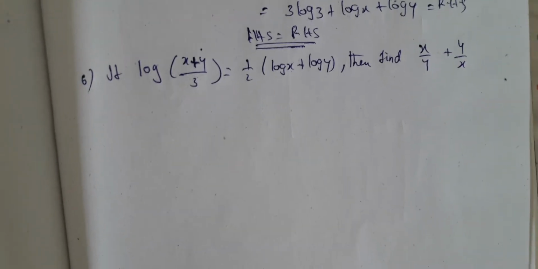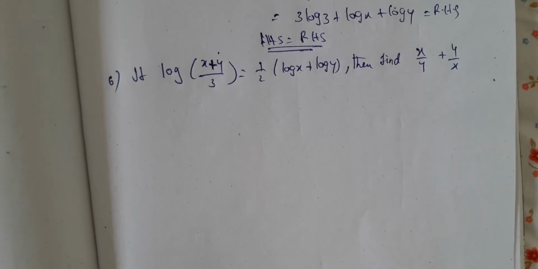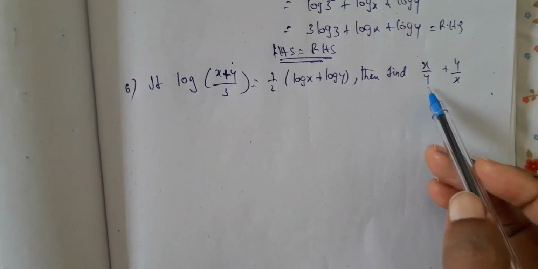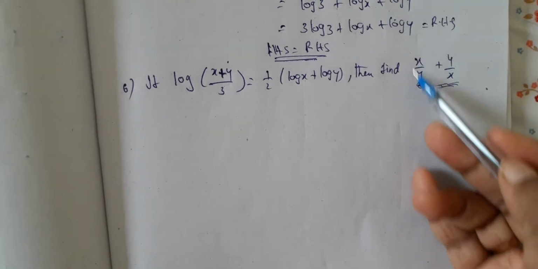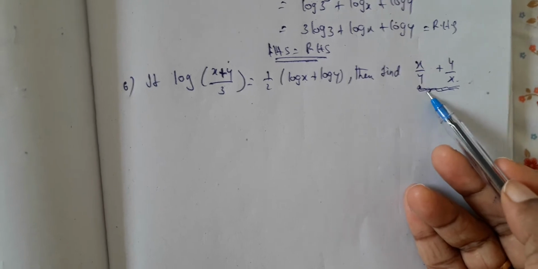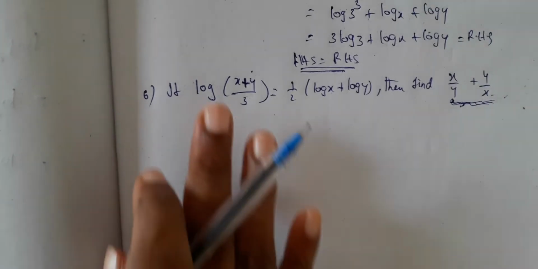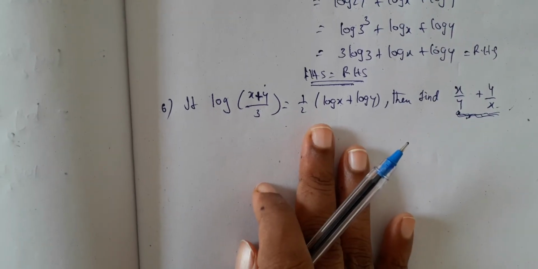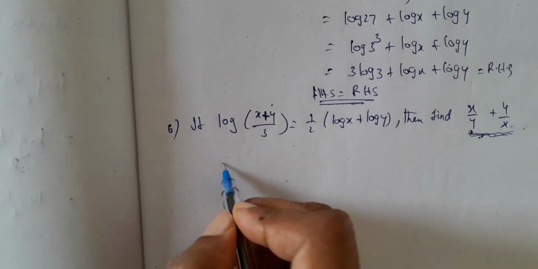It is something like we want to eliminate the logarithm. In the previous case, logarithm is there, but here in this answer you don't have the logarithm. We have to find this value. It is not something like we are given this and you have to find a log value. No, we have to find this value. If this value doesn't have a logarithm, let us see whether we can eliminate log on both sides. When we want to eliminate log on both sides, all the things should be brought under one log term. Okay, let us see that now.